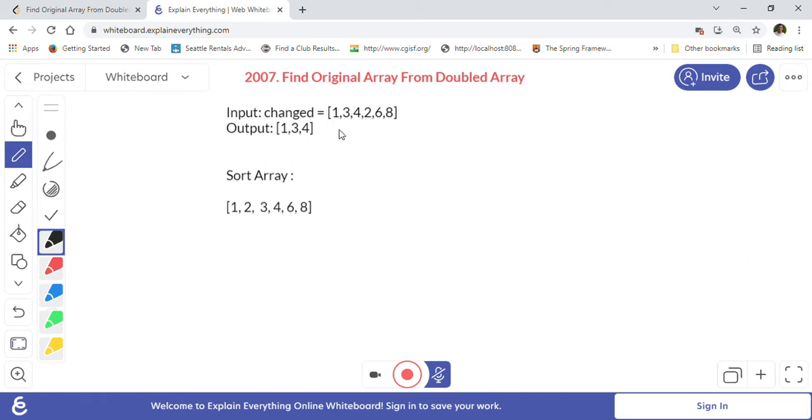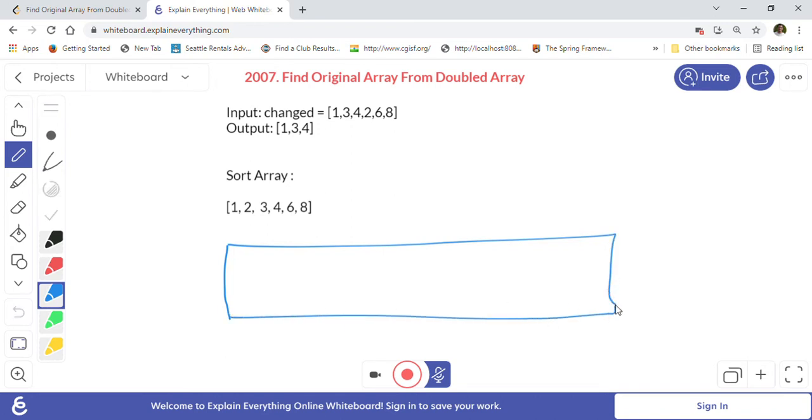So for the solution of this problem, the first thing is we will sort the array. Once you sort the array, it will look like 1 1 2 3 4 6 8. And what we will do after sorting is we will be using a queue. So let's create one queue here just to visualize how the queue will work to help us solve this problem. This is one queue. The queue has a front, where we will take the elements out from, and this is the back side of the queue where the elements will be inserted.